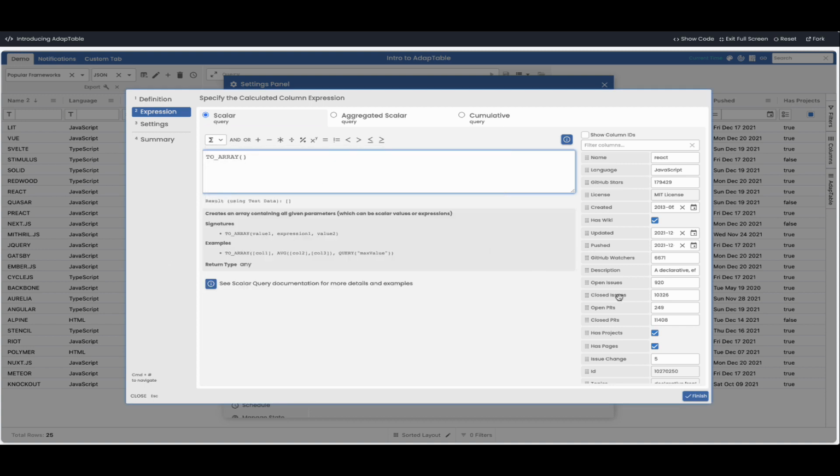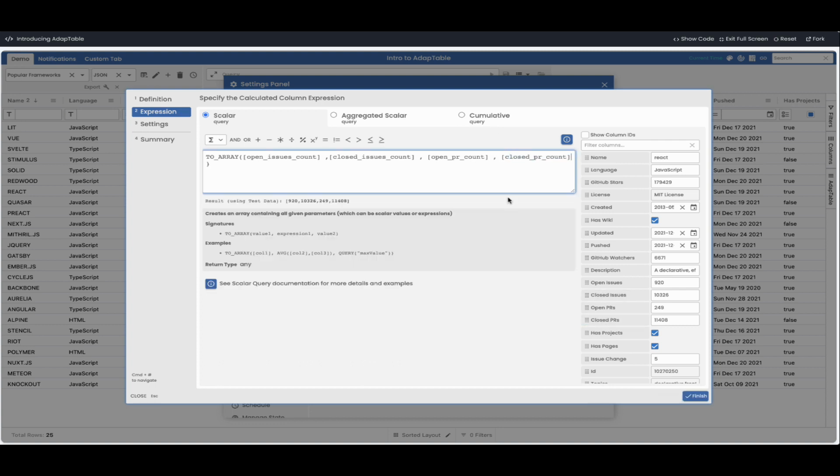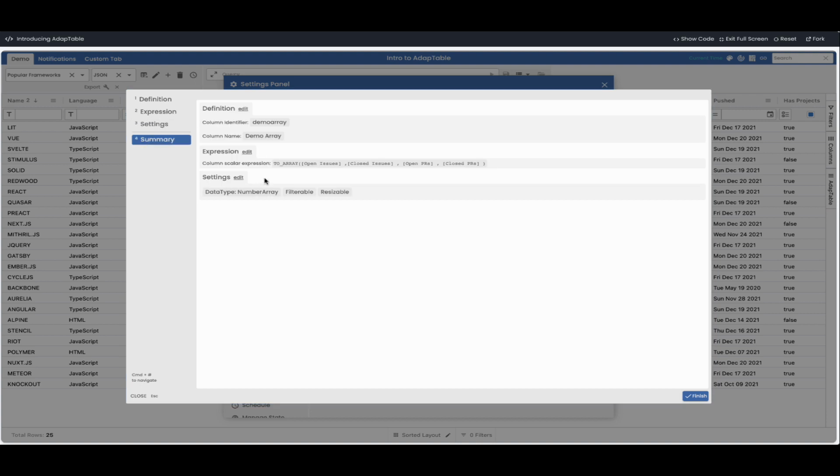Let's go into toArray. And now let's add these four number columns here. So we can add open issue count, closed issue count, open PRs, and then lastly, closed PRs. So there's our very basic array. And now we can add more settings. AdapTable knows that it's a number array, so we don't need to change that. Let's make the column resizable if we need to, and then we can also make it filterable. So there we are. There's our calculated column, which uses the toArray function, takes these four columns, and will output